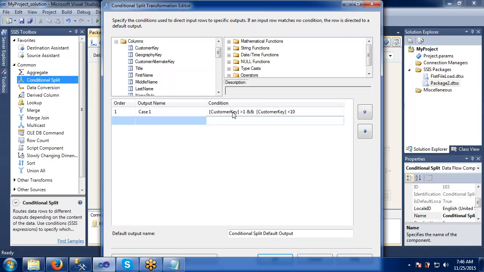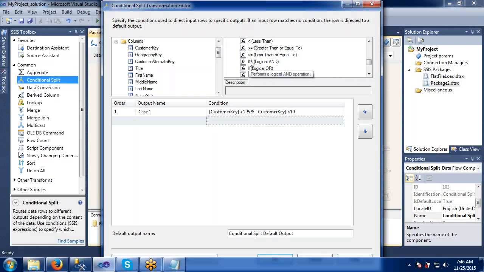We are applying some conditions here. Now you may have some doubt about how we have applied this. If you look at this, everything is given here: the operators, typecast, null functions, all these things. Here we have applied one operator, the logical AND operator.